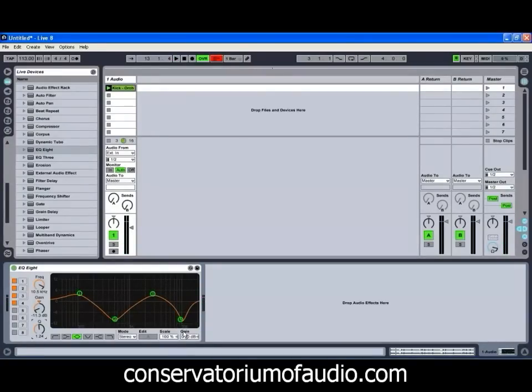And even though we've brought the volume of the overall sound down, you find if you bring up the output gain of the EQ now, or if we were to add a compressor, then you'll bring back the sound, but you'll bring it back in such a way that it actually sounds a lot cleaner and will fit a lot better in a mix. So for example, if we just bring the gain up on this one, you'll find if we bypass the EQ, what we had was a lot less punchy and a little bit too spacey and muddy to sit well. If we bring the EQ back in,